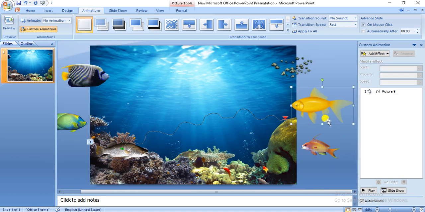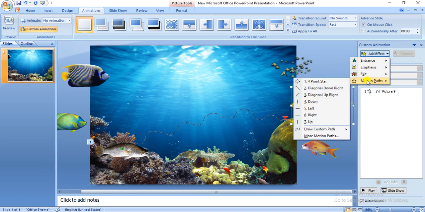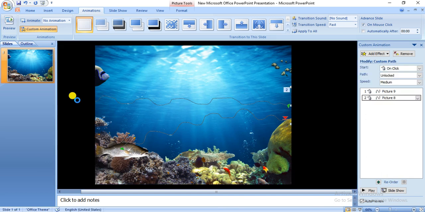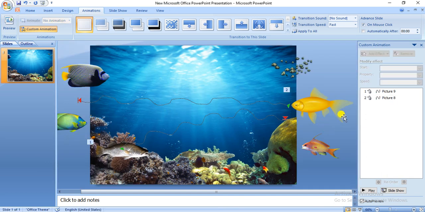So similarly, I am going to apply animation for all of the images of the fishes that I have added. So I'll just click on the draw custom freeform, and you can just drag your pencil according to the path you want your image to go into your motion. So after you reach the end, press on escape key that is present on your keyboard.